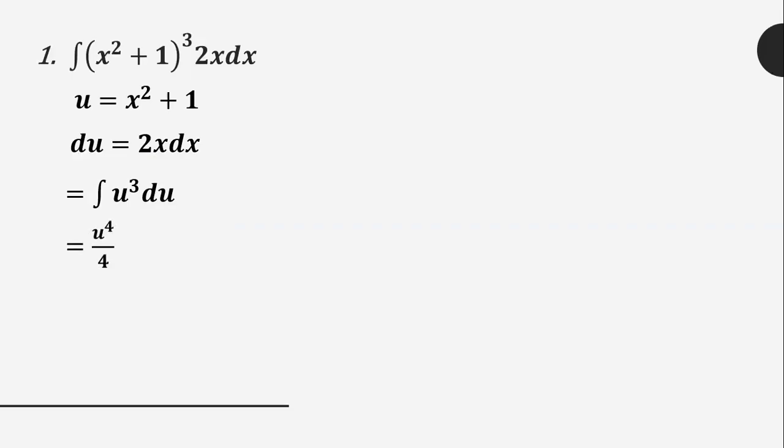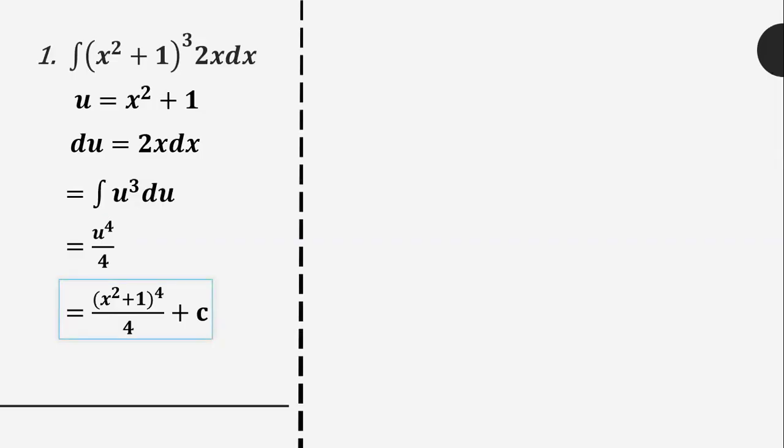And then we replace now the u function as x squared plus 1. So from u, we will return to the x value. So that becomes the quantity x squared plus 1 to the fourth power over 4 plus c. So do not forget that after your u substitution, when you return it into the equivalent x value, your constant of integration plus c should appear already. Any question about